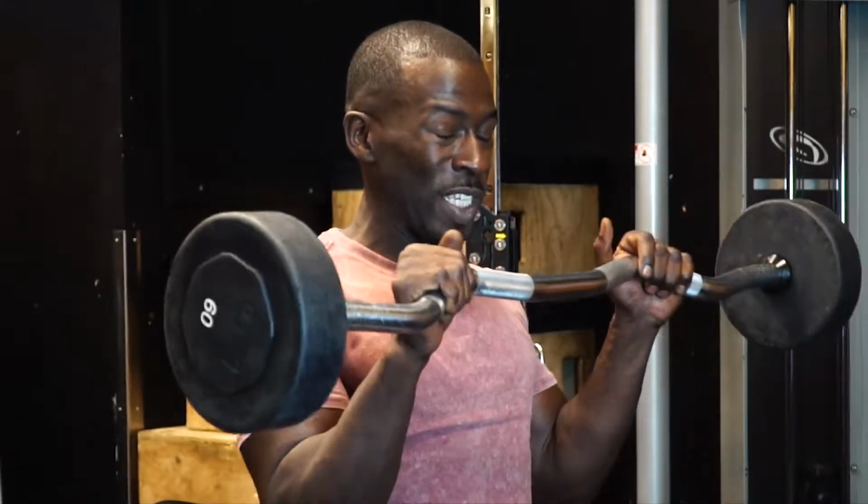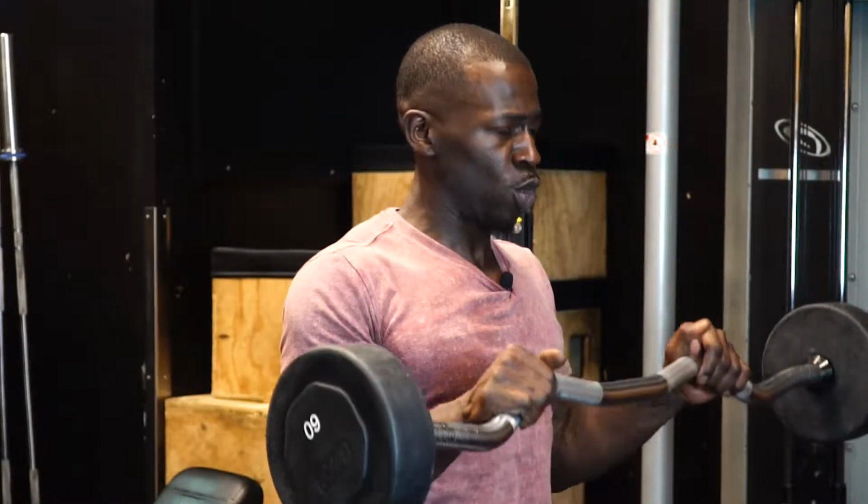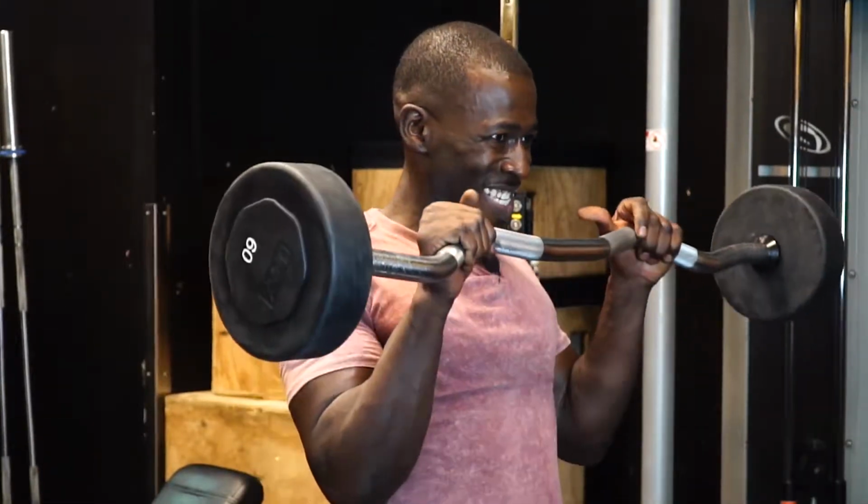So keep that in mind as you're going through this, right? So up, squeeze at the top, don't get lazy. Relax, bring the weight back down, nice and slow, and that's where you're getting the most of the growth. And what you want to do is make sure you squeeze at the top, because most people get lazy at the top of the movement and they don't get a full contraction. So when you get to the top, squeeze at the top, bring it back down slowly. All right, so this is the third and final movement, standing reverse